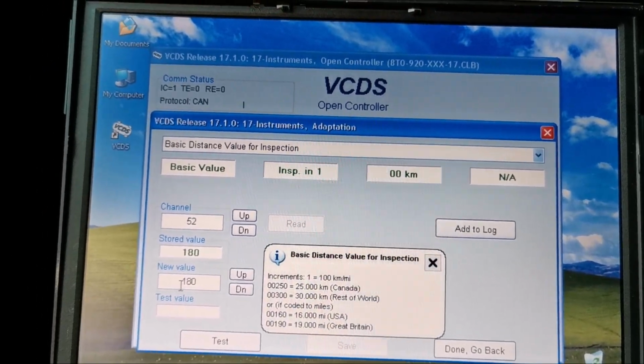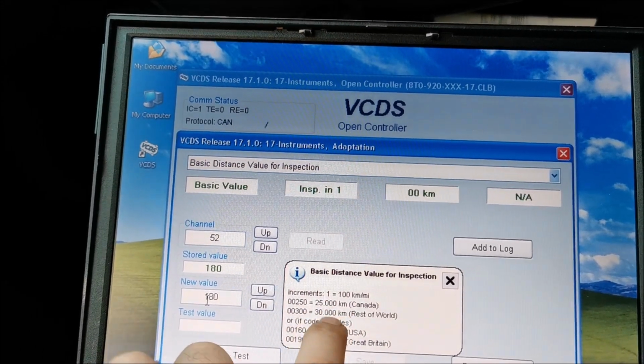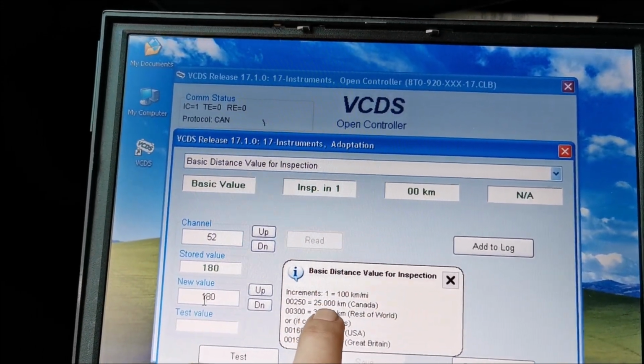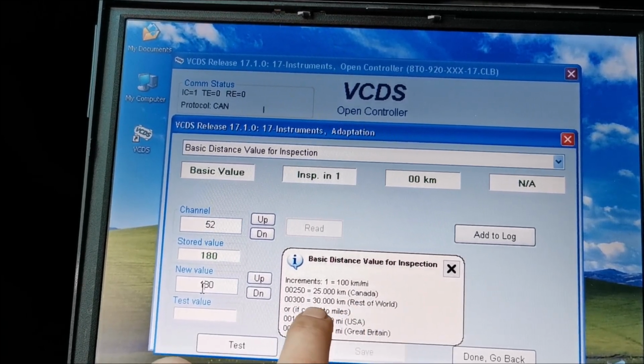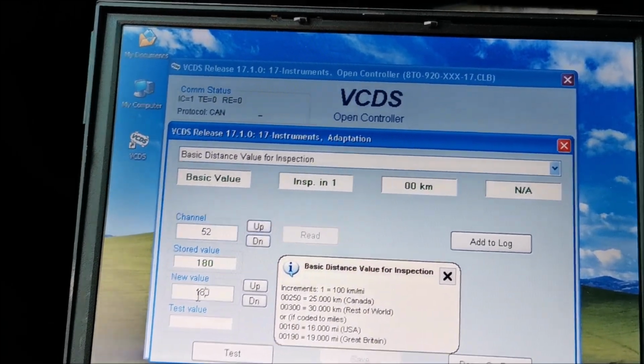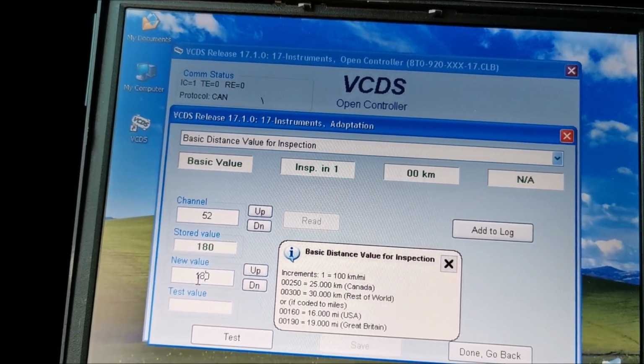And we put the new value. Okay, so for Canada it's a completely different value. And even for my car it should be a completely different value. So should I actually put it